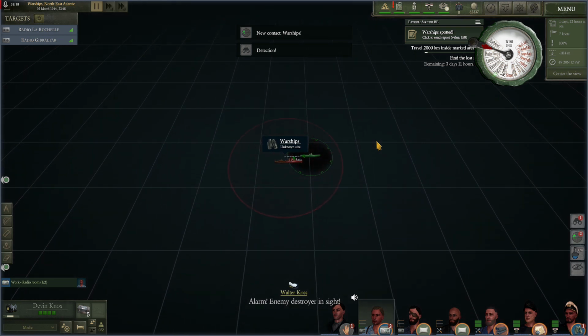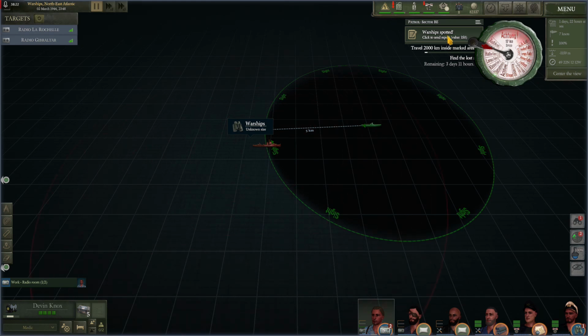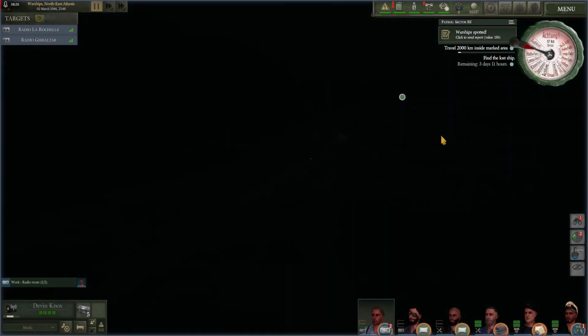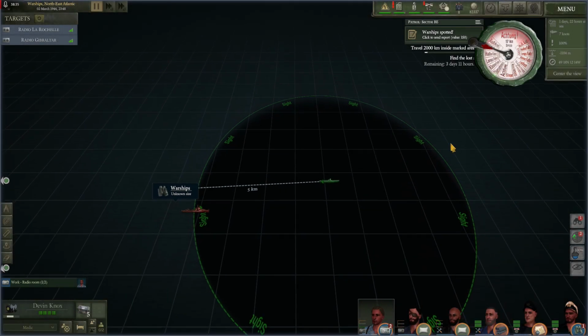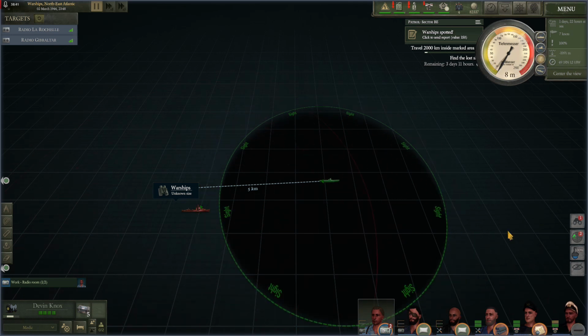Okay. Okay. We found a warship. We're bearing directly towards a warship. Right. Okay. Alright. Okay. We need to dive. Nowish would be good. And...